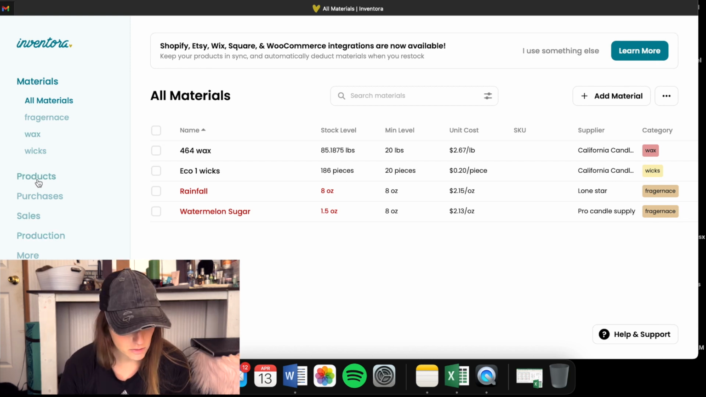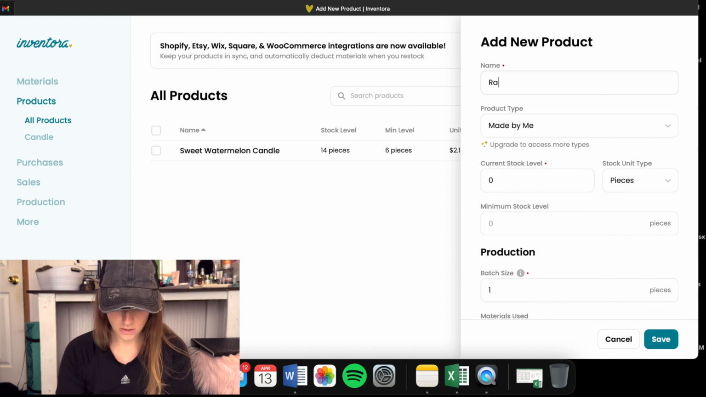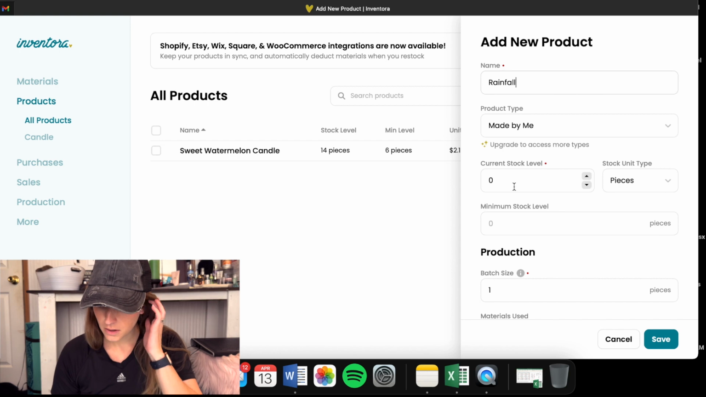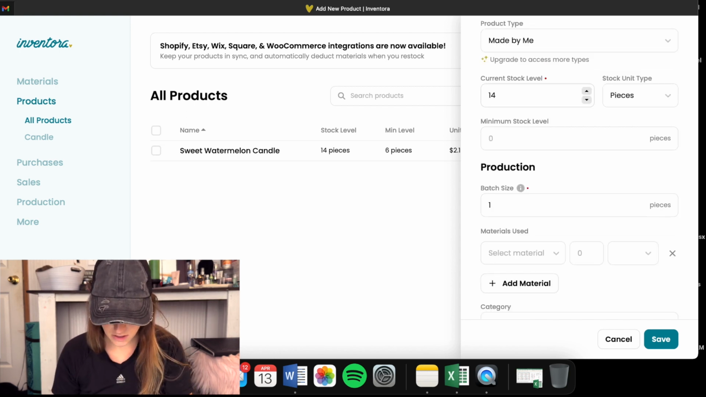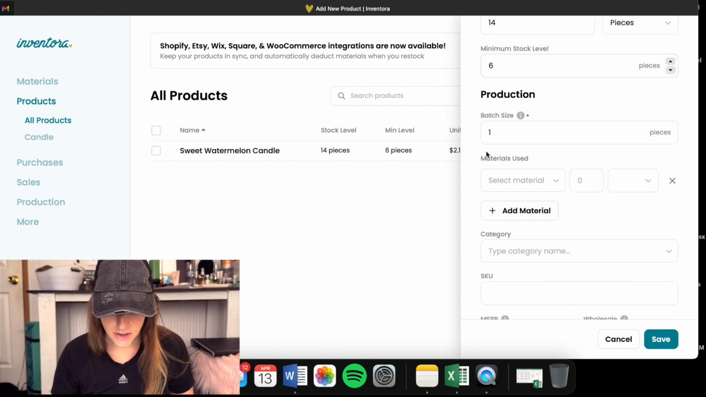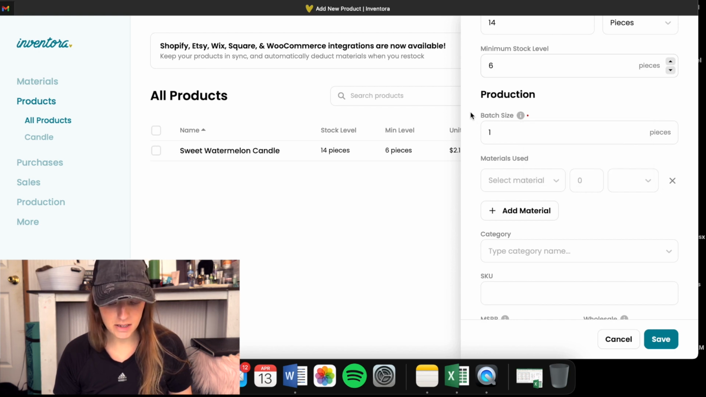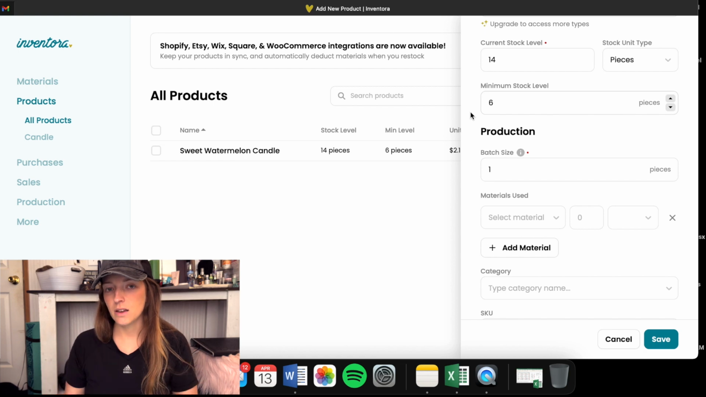So now we also need to take that new fragrance oil and make a new candle with it called Rainfall. That's really original, I know. Current stock level 14, like what's over here. I'm just copying from what I already have. And 6. I've never used the batch size before, but from my understanding,